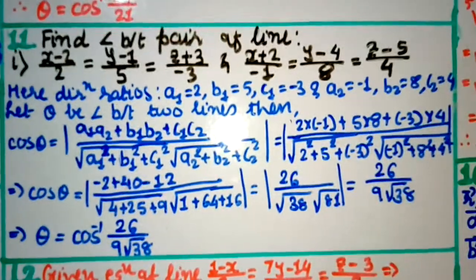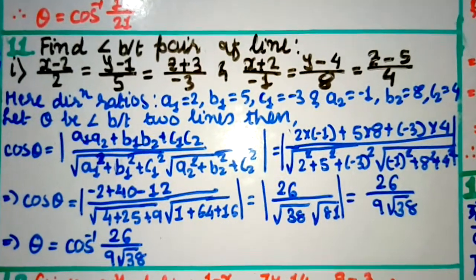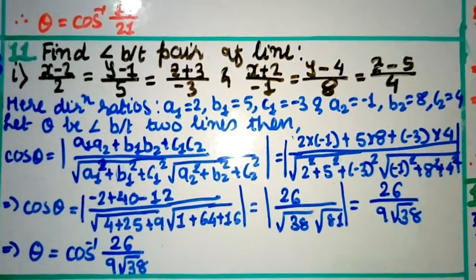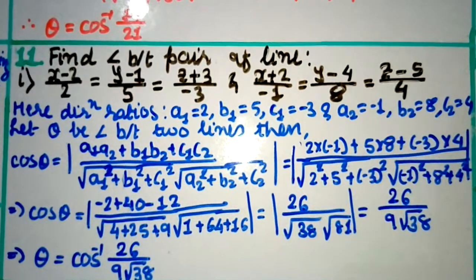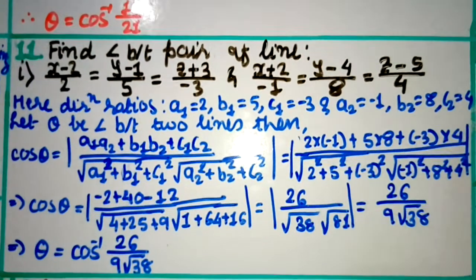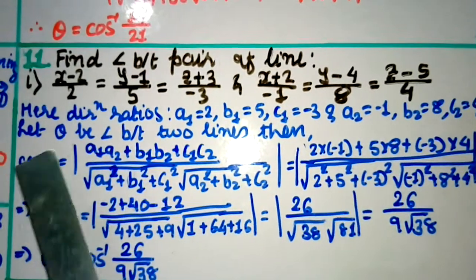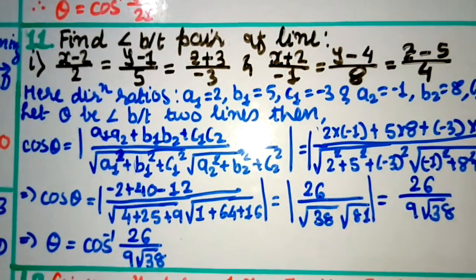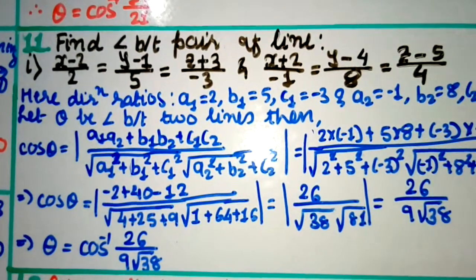It also has a second part, part 2, that you can try yourself. Similarly, you have to find the second pair of equations of lines given. In that also you are given equations in Cartesian form, so you can use the same way: comparing and writing the direction ratios and finding the angle between the two lines.